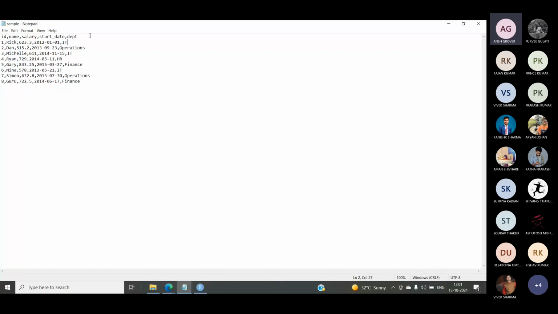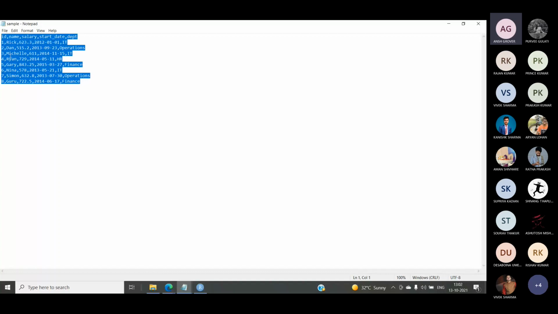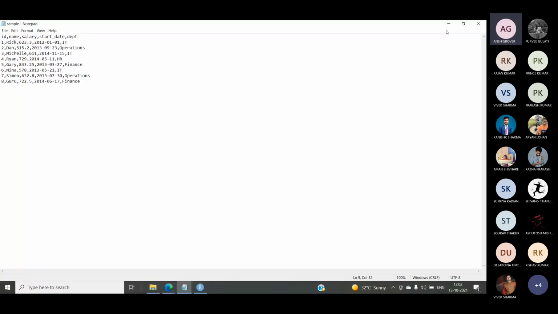So in that case, it may happen that the file we have downloaded from any of the resources is a CSV file. So in that case we have to use this CSV file in our R programming language. So let me tell you a few things that I have done before performing this practical.